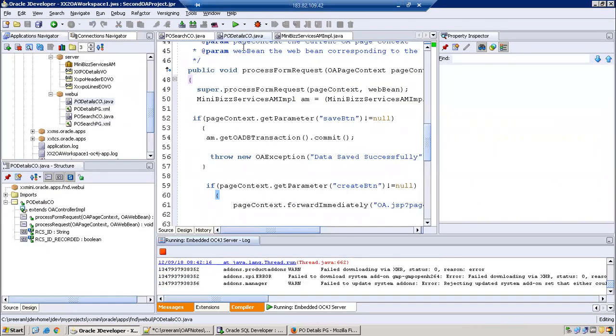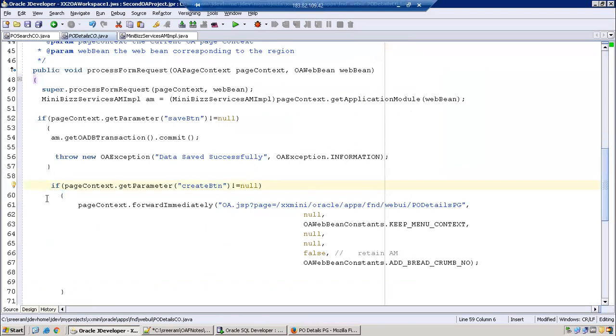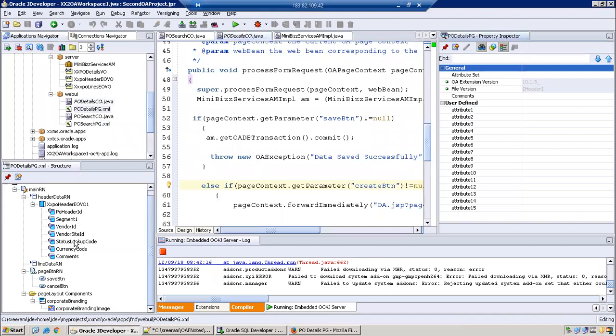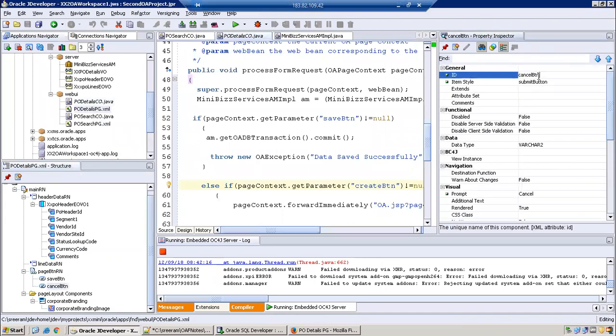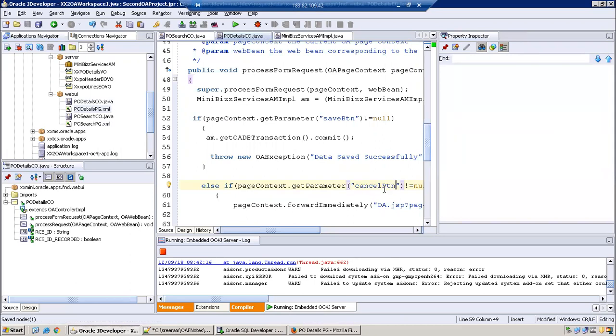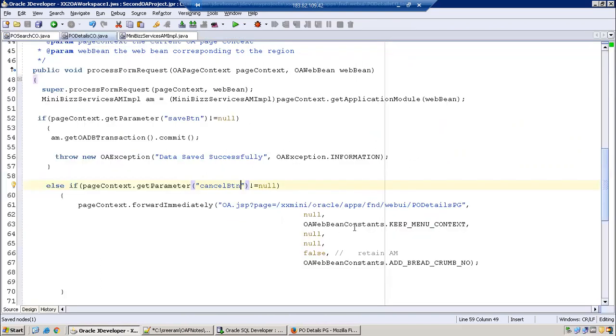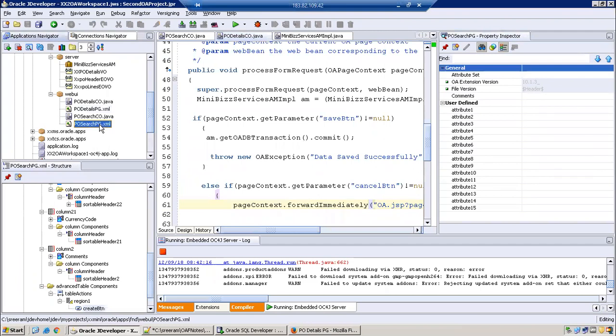Whenever the user clicks on, what is that name? Cancel button. Copy this name. And what is the destination page name? Search page. Everything is the same. The package structure is the same. Just the name is different, right? I can just simply change it like this. Okay. Now let's navigate from the search page to see whether it works or not. Total to and fro should work now, from create to search, search to create.